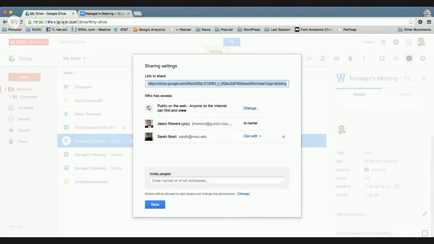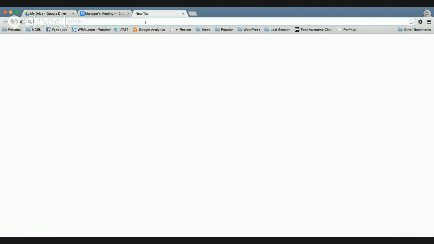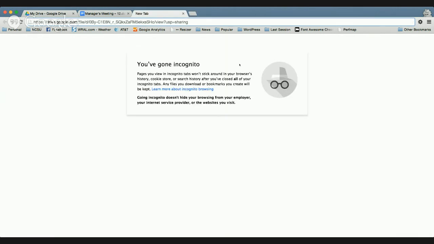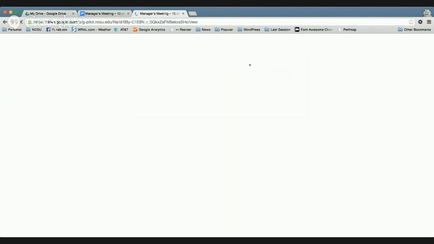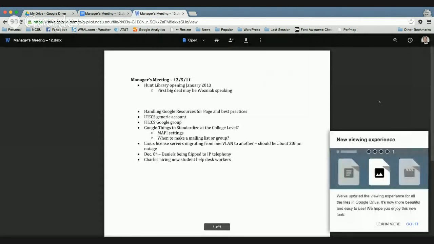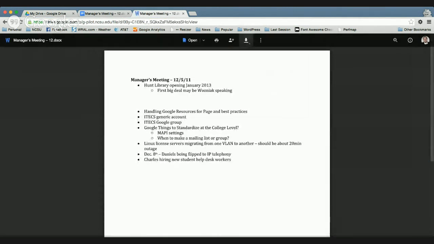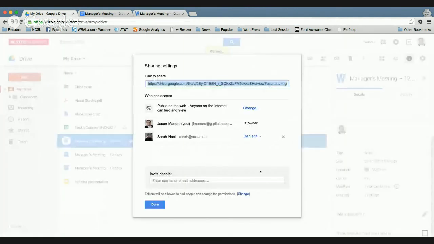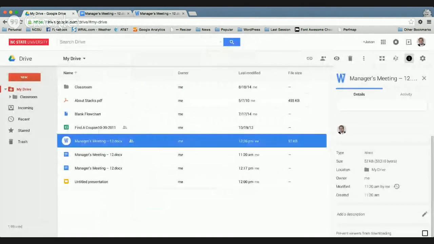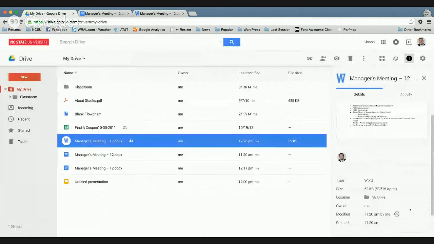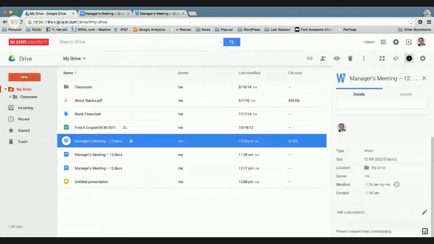Now what that allows someone to do is, if I share this link with them, I should be able to open it here so we can see what they see. They would see the file, and now they would have an option to download a copy of this Word document. But if I come back over here into the Drive area, and I say prevent viewers from downloading this file is checked,